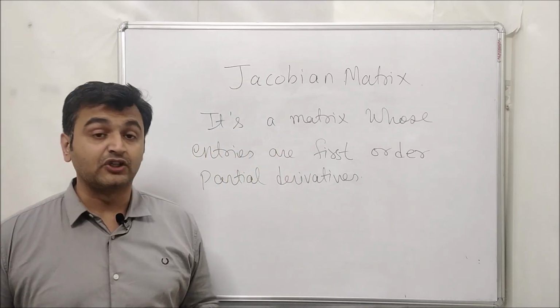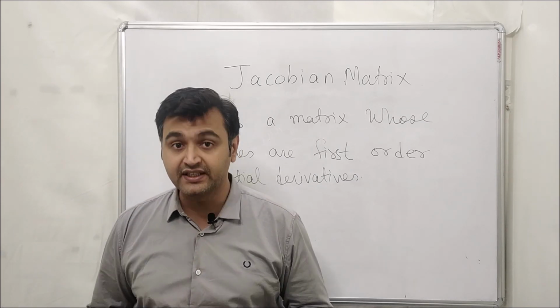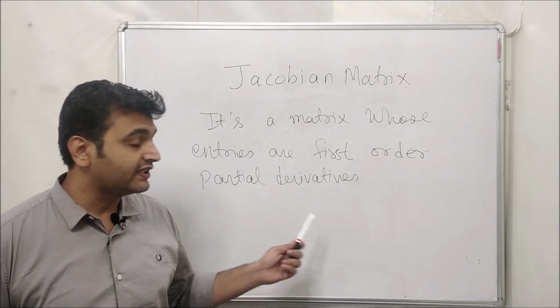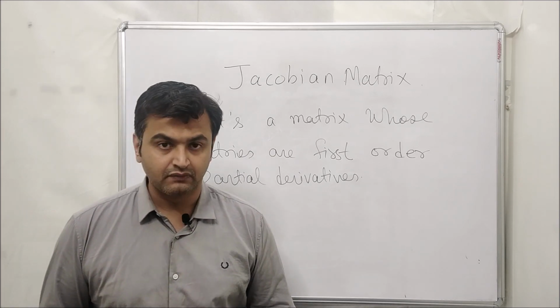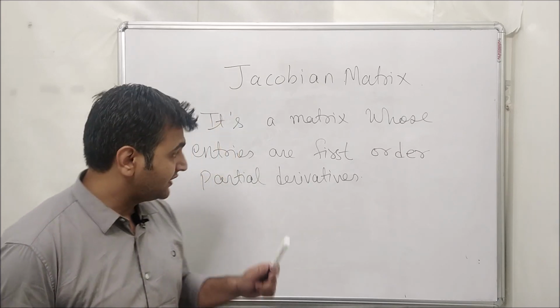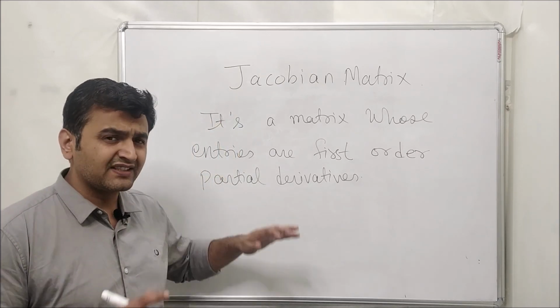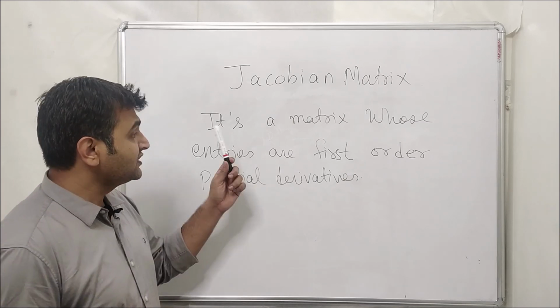Today we will talk about Jacobian matrix. Now why suddenly Jacobian matrix in between integration? Because we will need this in my next lecture when we will talk about substitution, one of the very important things in multiple integration. So let's spend some time on Jacobian because there are some nice things which one should know about Jacobian matrix. So what is a Jacobian matrix?